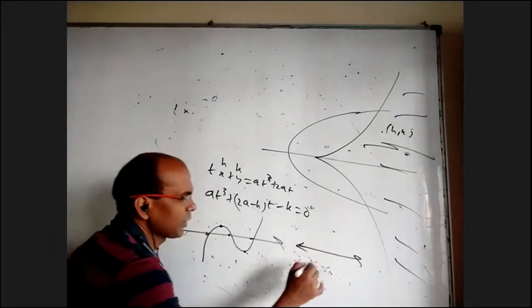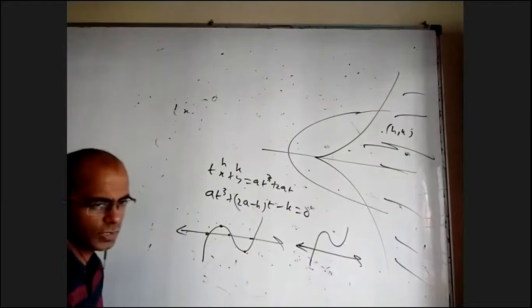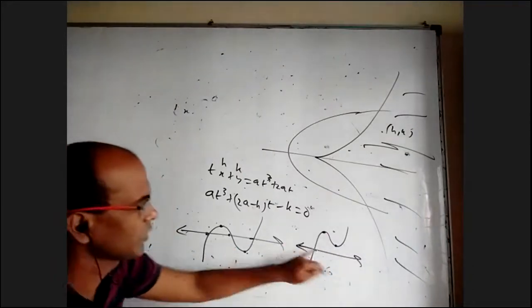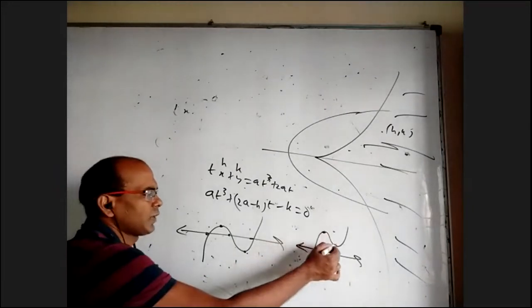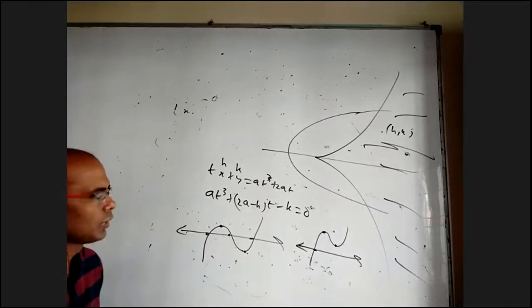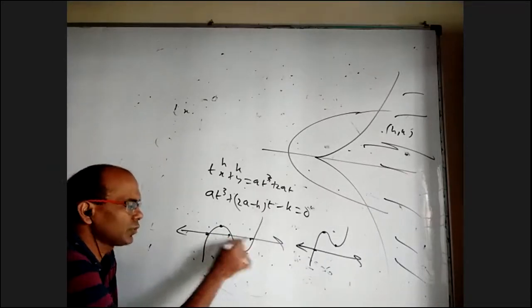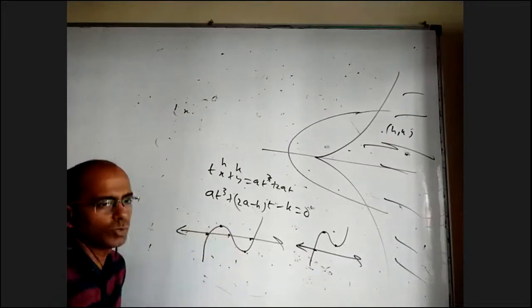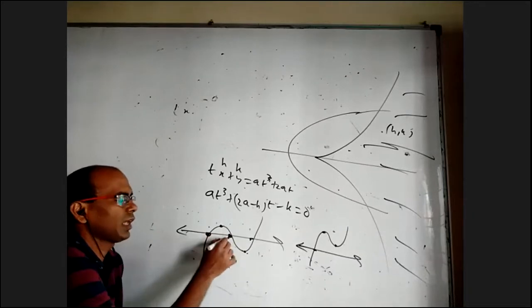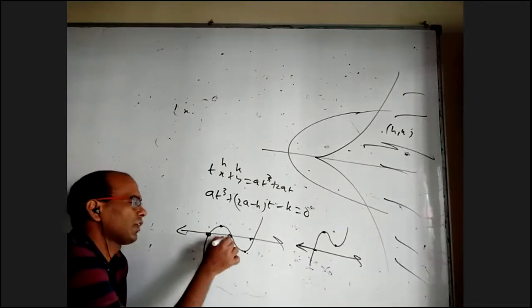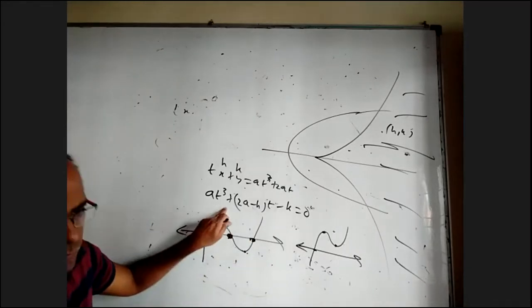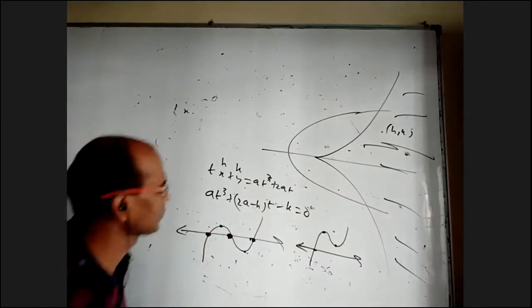But only having a local maxima and local minima is not sufficient because your graph can be like this. This also has a local maxima and local minima, but intersects the x-axis only once. What is the difference between this and this? Here both local maxima and local minima are positive, and here local maxima and local minima are negative. So first of all, if it has three roots, the derivative of this should have two roots, even according to Rolle's theorem. If f of alpha is 0 and f of beta is 0, between alpha and beta somewhere f dash x should be 0. If f of beta is 0 and f of gamma is 0, between them somewhere f dash x should be 0. So the derivative of this should have two roots. So let us find the derivative of this.